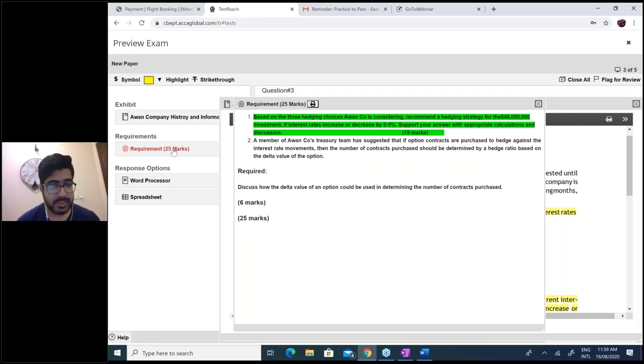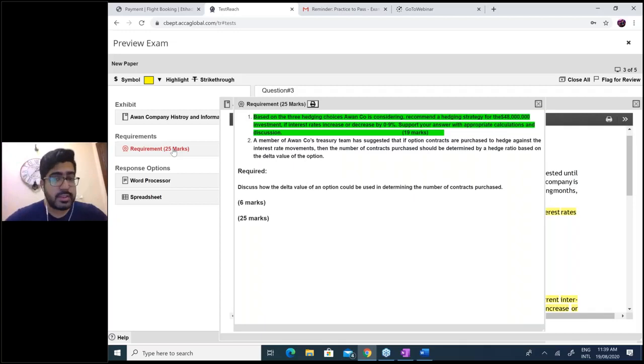See, the question didn't ask you for a specific strategy. The question only said, recommend a strategy for 48 million investment. So obviously when a question asks you to recommend a strategy, you need to solve 3 and decide. FRAs, futures, options, then you will recommend. In the currency question also, the question didn't ask to solve futures or options, etc. Recommend a strategy. You need to solve 3 and then decide.